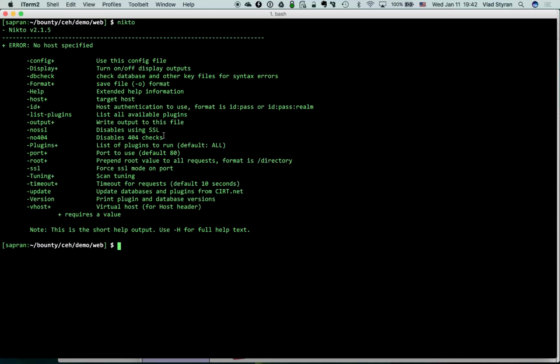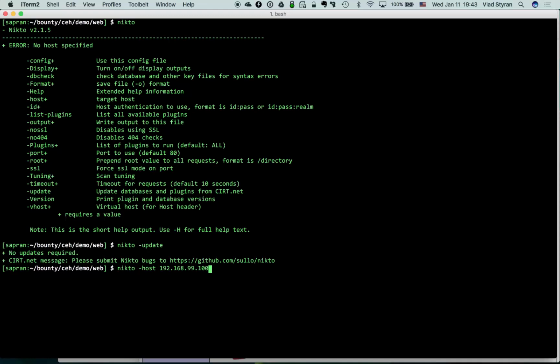I'm not sure we will wait long enough to see how the scan ends, but let's first update it. It's at its current version, and let's specify a host. We have to do this way,